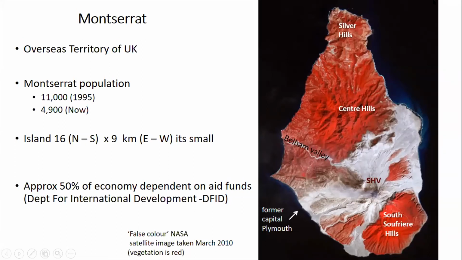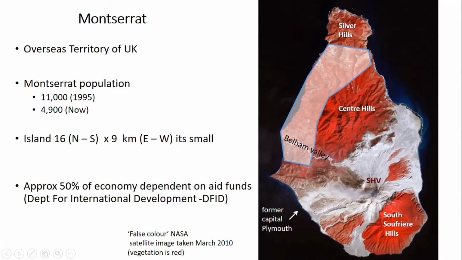So many of the problems in terms of managing this long-term eruption started in 1995. The last magma extruded was in 2010. And at the present time, people are living in this region here, which is in the northwestern part of the island. So they're effectively now living in an area which is 6 kilometers long by about 2 kilometers wide. That's partly because of the small nature of the island, and also the fact that the topography is very rugged. The central hills here rise to something like 700 meters.